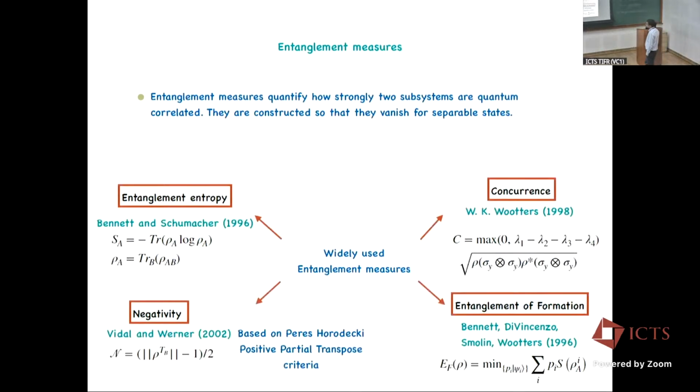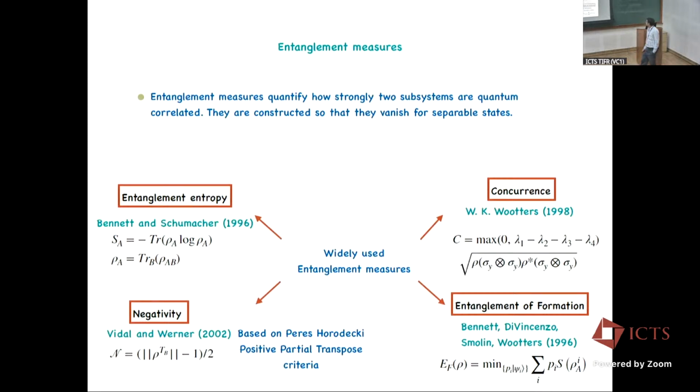So, how to quantify this entanglement? There are entanglement measures. These measures give the strength of the entanglement. They are all zero when the states are separable, and they saturate to unity when we have the maximally entangled state. The first and most popular measure is of course the entanglement entropy, where we basically take the entropy of one of the subsystems,